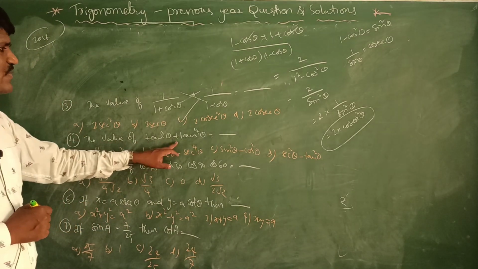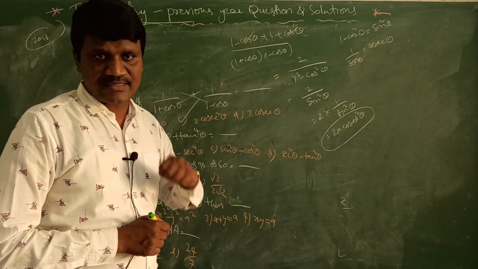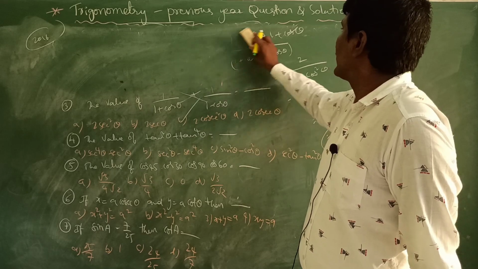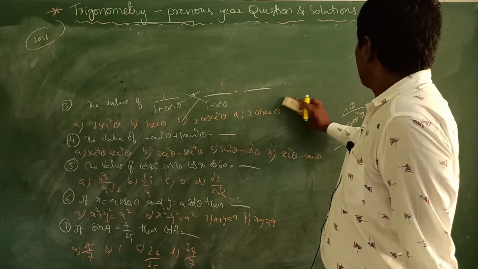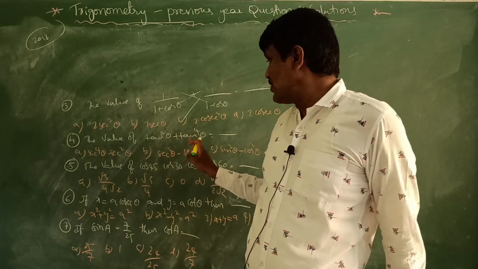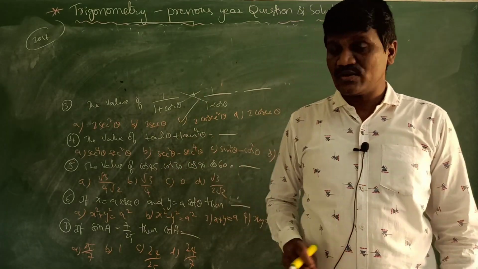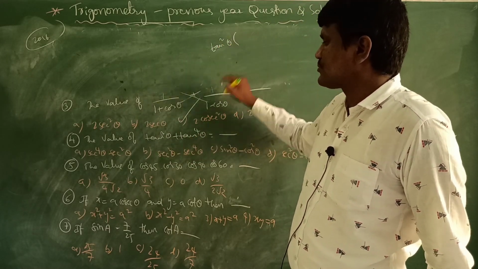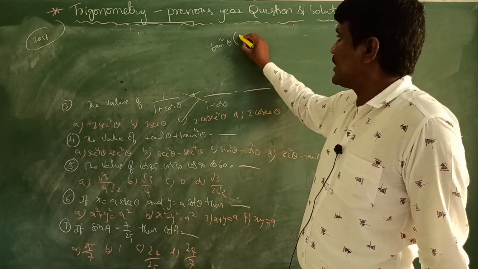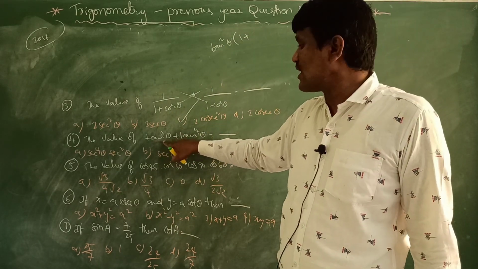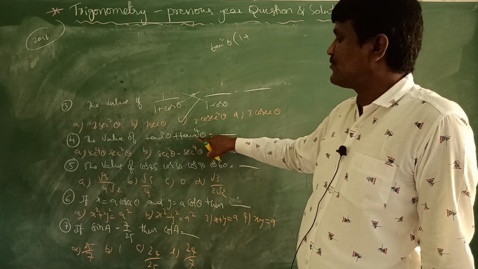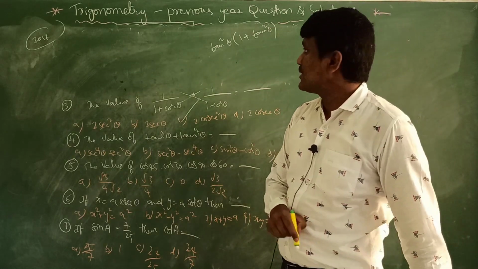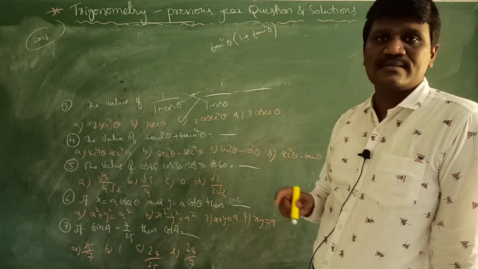The value of tan square theta plus tan power 4 theta is equal to dash. So in this question, we do not know the value of tan power 4, but if you observe, from these two I can take tan square theta common. If I take tan square theta common, it will be 1 from tan square theta. From tan power 4 theta, if tan square theta is taken out, tan square theta will be there. Right? Tan square theta into 1 plus tan square theta.